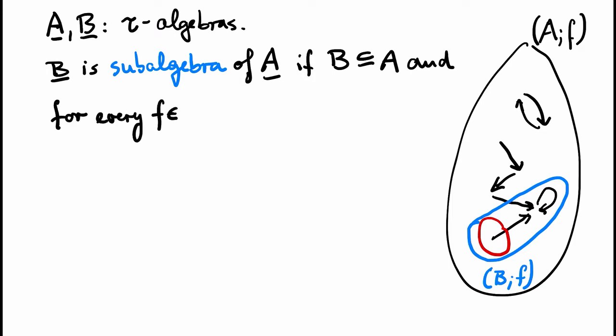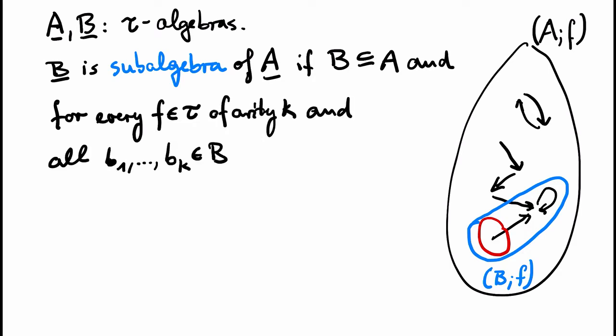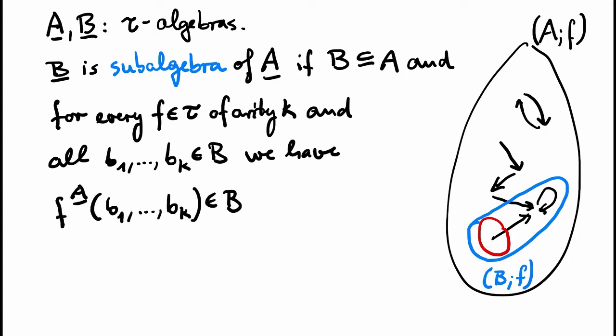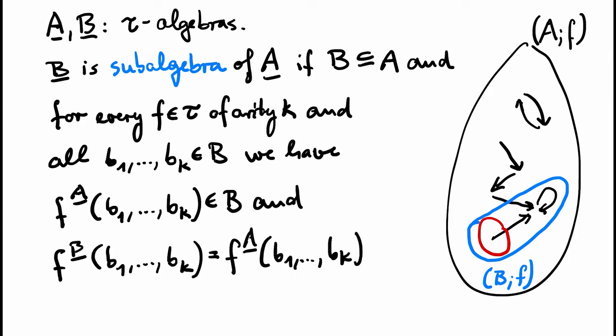And this becomes our official definition. We want that the domain of B is closed under applications of operations of A to elements of B. And we want that the functions of A coincide with the respective functions of B on the set B. If you think about this for a while, what it means, for instance, for groups, then you will see that a subalgebra of a group in the signature that we have chosen is nothing but a subgroup. Similarly, this definition captures the definition of a subfield and so on.